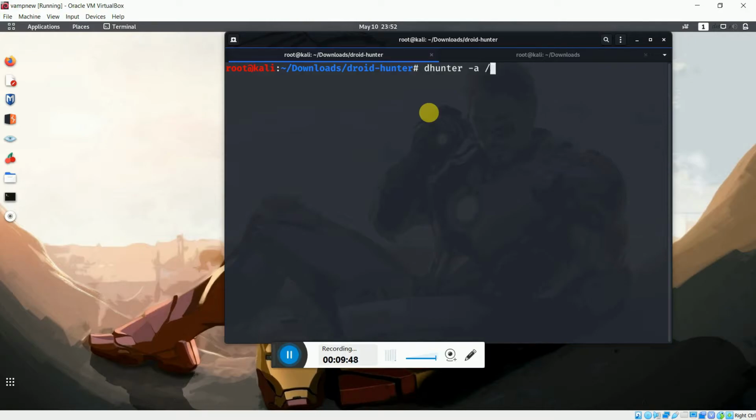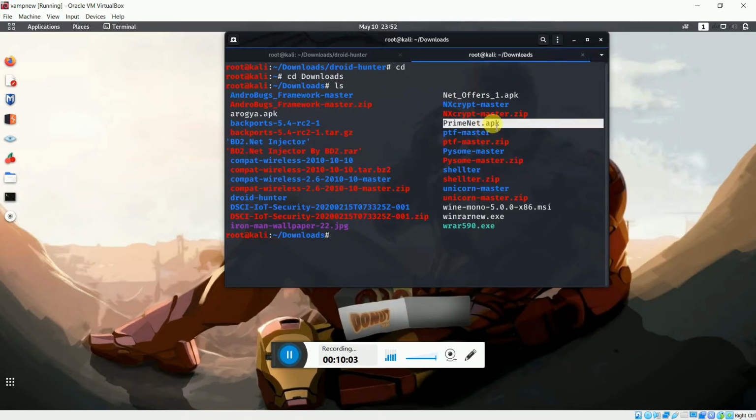Okay, so it's in the root, and I think it's in the download section, and the name of the file is, let me check, primenet.apk.